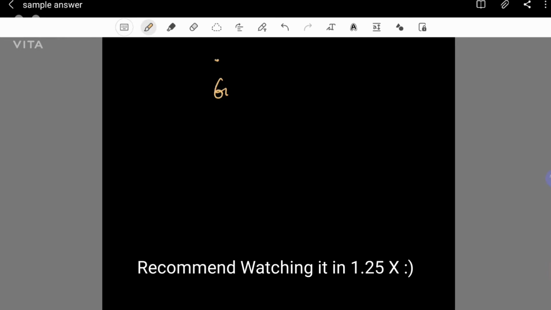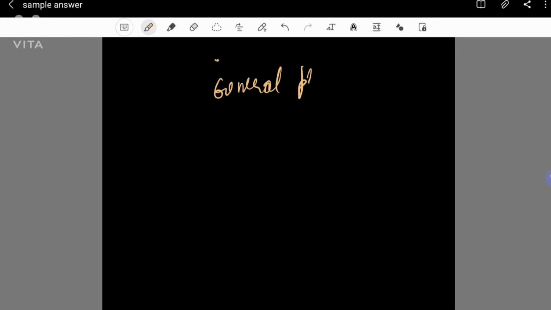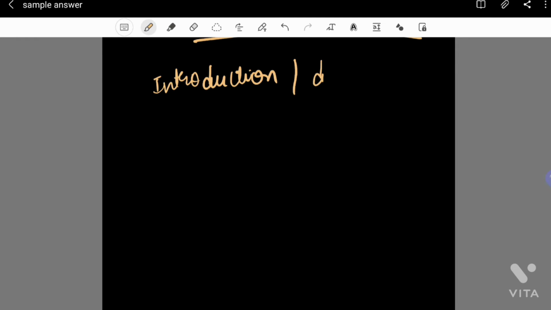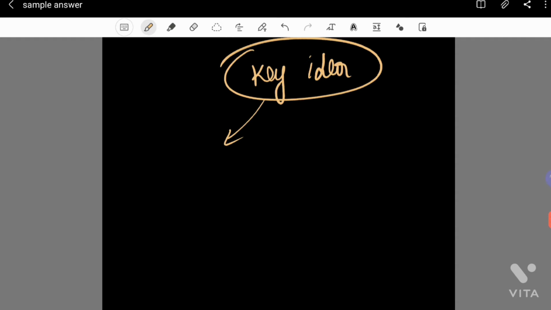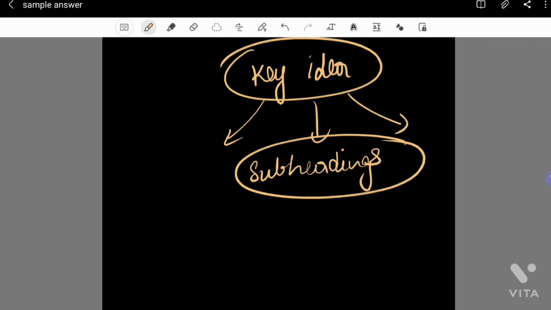So if I have to give you guys a general protocol for any subject, what would it be? The first thing would be introduction or definition. The second thing would be that there is a key idea that you have to explain about. In this key idea, you divide it into various subheadings and briefly explain